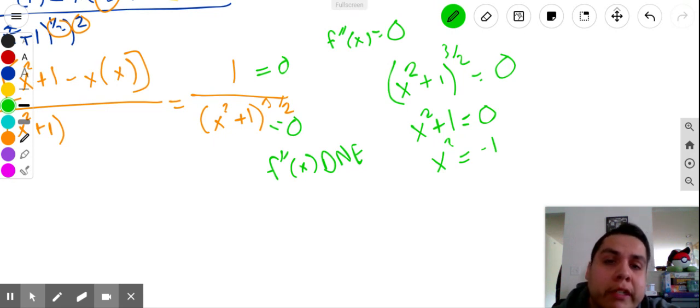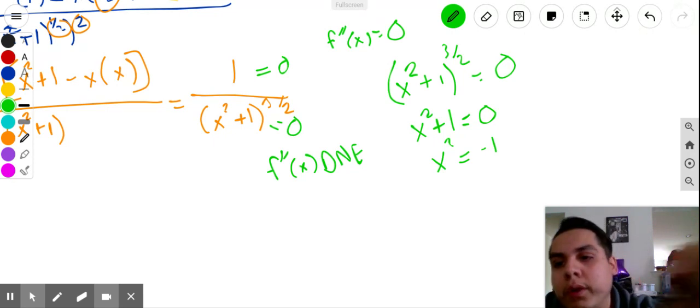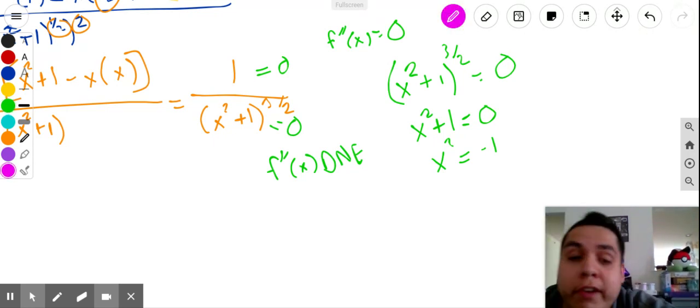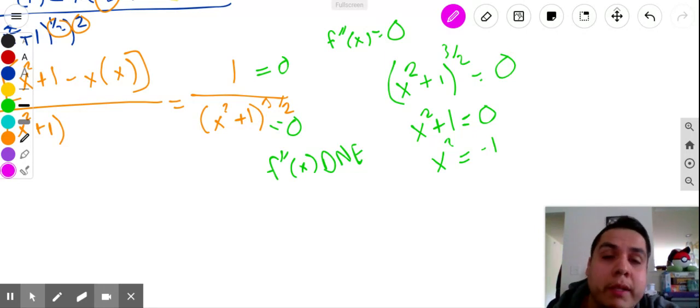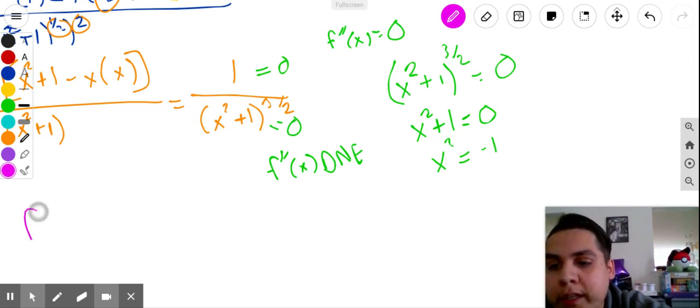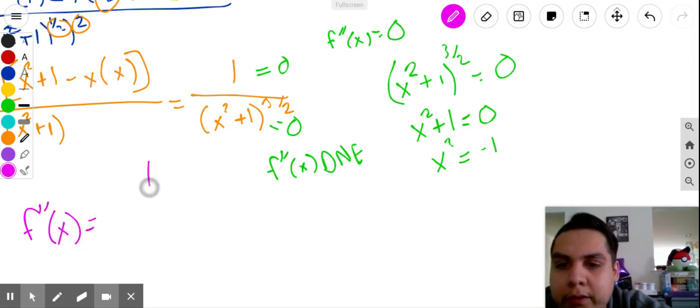Because if I don't have a point of inflection, that means that this graph never changes concavity. So if I can figure out if it's going to be concave up or down just by using the second derivative, then I'm pretty much done. So I'm not even going to bother drawing the number line because there's no point of inflection. No matter what I choose, it'll tell me what I have. So since the second derivative came out to this,